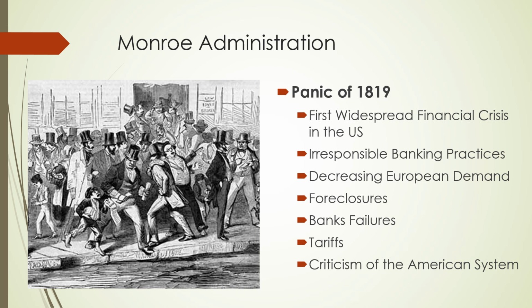So obviously, a lot of loans have been put out, irresponsible loaning. People can't pay back those loans because the economy has slowed down, and then banks don't have any money because they've loaned out their money, even though the people they loaned it out to can't pay it back. So banks start closing, people start losing their farms, and then there's a lot of people who argue that the answer is to create tariffs. And so this causes a lot of problems, and it leads to a criticism of the American system.